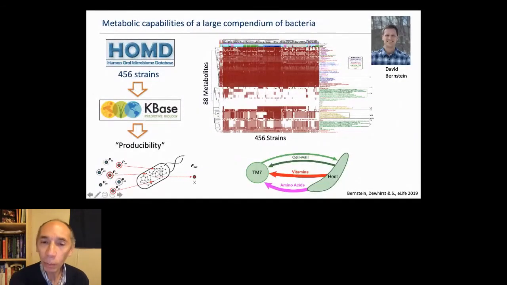And this has a lot of applications, one of which is the capacity to highlight possible complementarities between organisms. So for example, in this case, one of the columns here pertains to a TM7 species that is an uncultivated part of the candidate phyla radiation with its host, an actinomyces. And what this matrix allowed us to do was to see what metabolites one organism can produce that seem necessary for biomass for the other, making it possible to predict possible exchanges of metabolites that would make the TM7 dependent on the actinomyces.